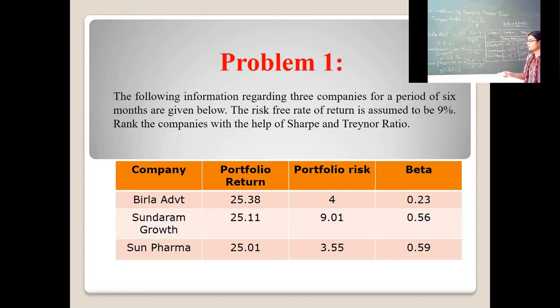If you just check the beta value, even if you don't calculate the index, you see it is only 0.23, 0.56, and 0.57. The lesser the beta value, it is always good for a particular company. Therefore, according to the beta value, you would have generated the ranking. Okay, so just summarize the table. If you have done, kindly let me know so that we move to the next.